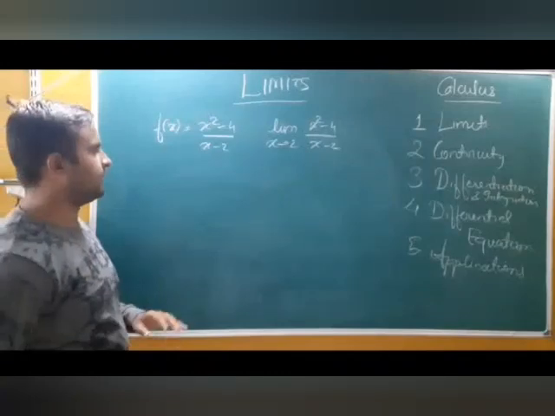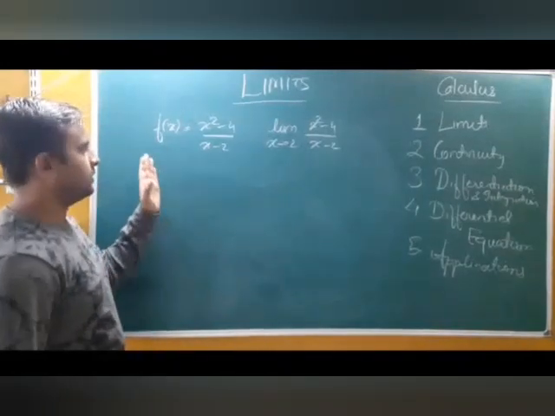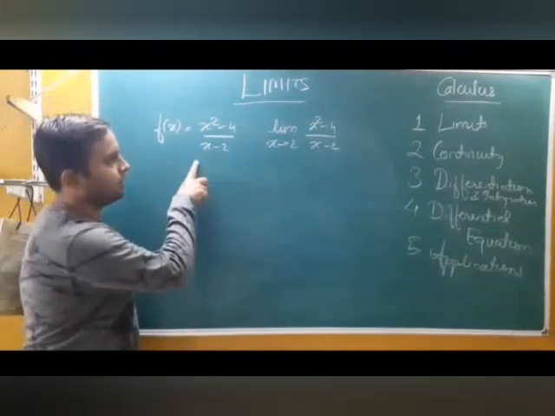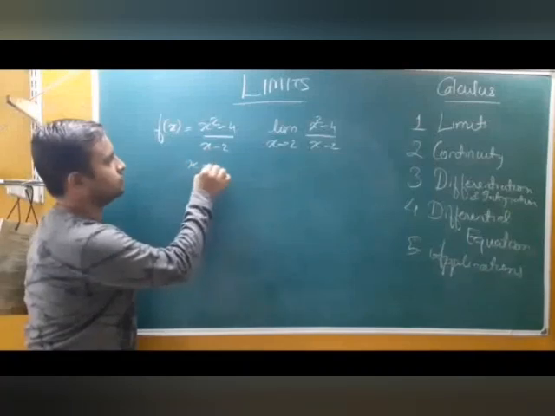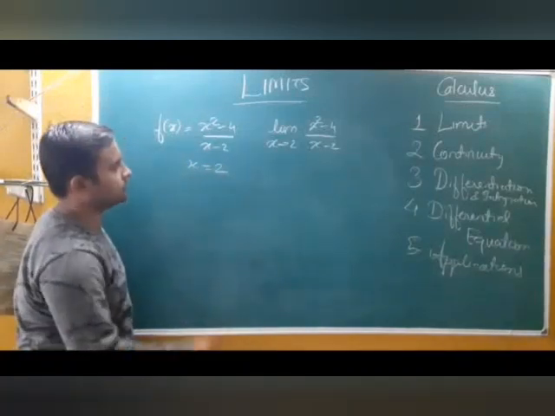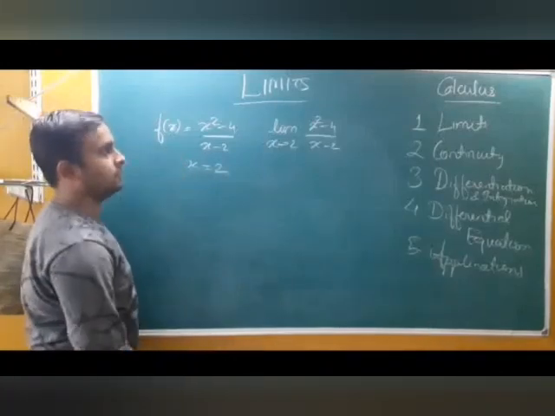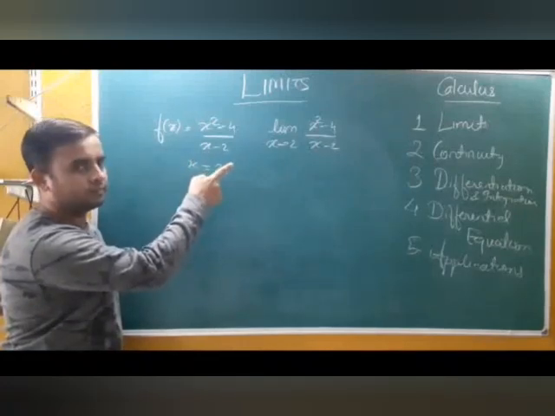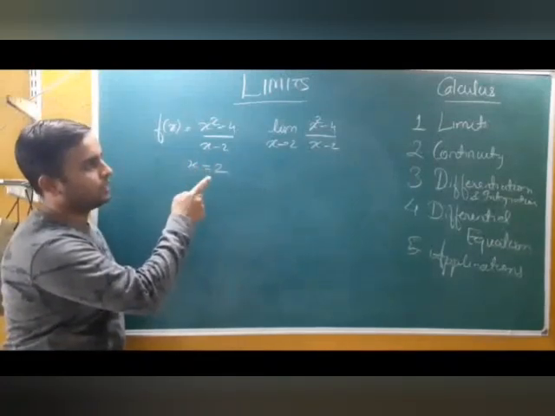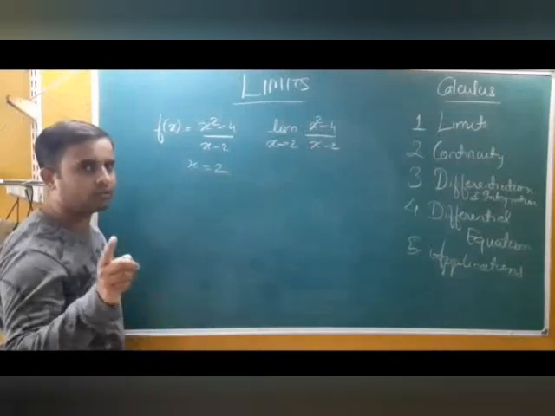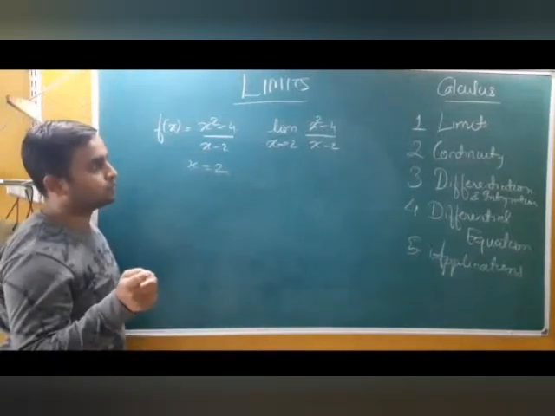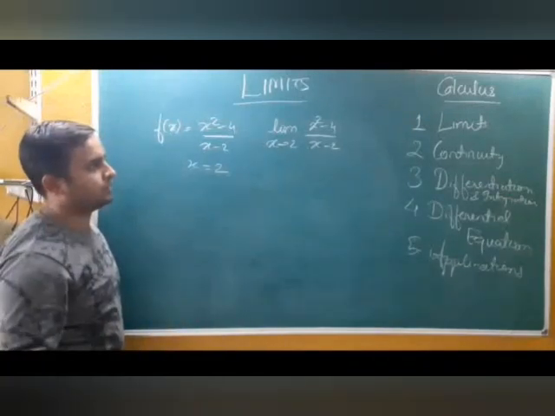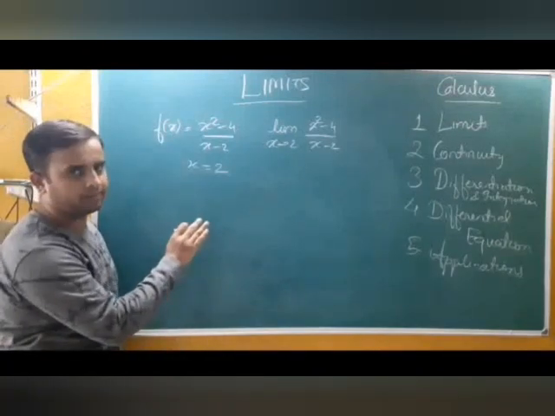Now let's take a recap of what we have seen. This is a function and this is the limit of same function. Value of this function will not occur at x equals 2, right? Because x equals 2 is not in the domain of this function. But we can find the limit of such functions at point 2. That means when limit x is tending towards 2. Now you get my meaning. X is tending towards 2 means behavior of the function, limiting value of the function in the neighborhood of 2. Okay, in the neighborhood of 2.